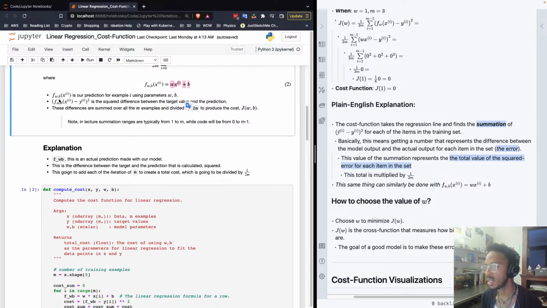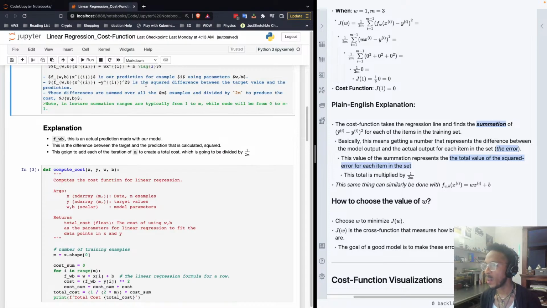And that's kind of what's in my notes here. So the function of x at some index with the weight and bias is our prediction for some example at an index within our data set using the parameters. And then when you see this x at an index minus y at an index, this y here is our actual prediction. To make this more simple, the thing about math is that it's very, very indirect with the notation. But even though this represents the formula for linear regression, this also represents the